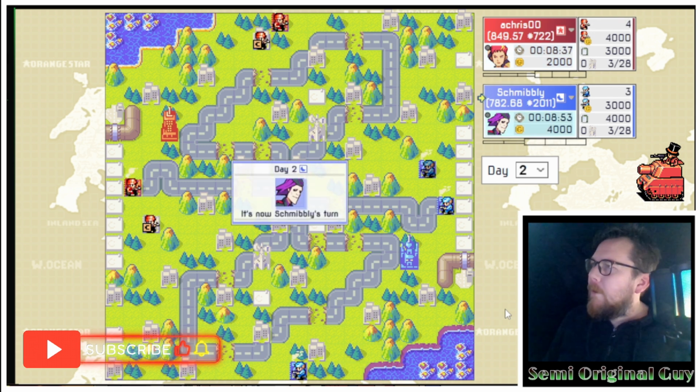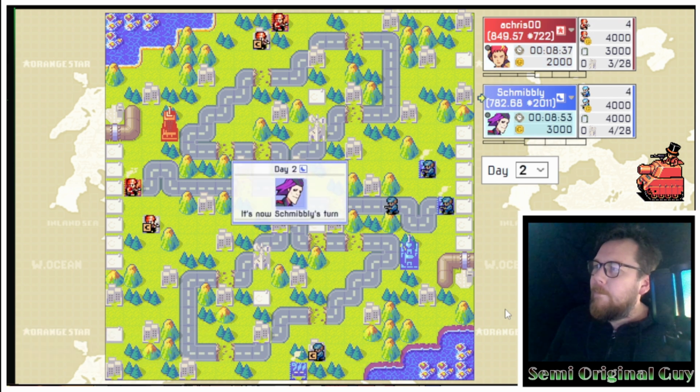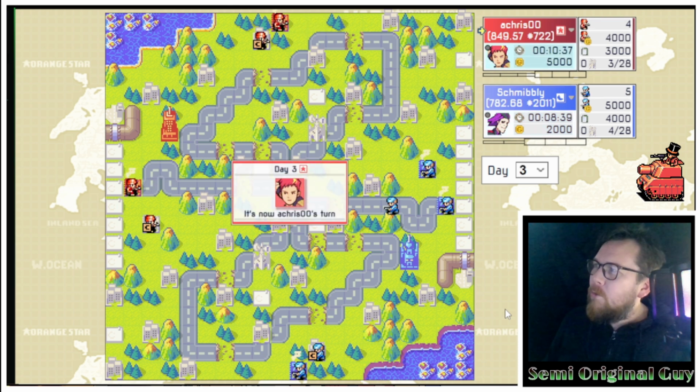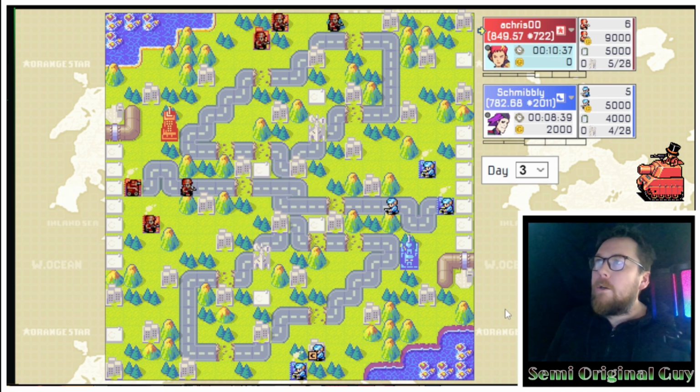Now, going for the neutral base, number 1 priority. Number 2 priority. Number 3 priority. Go for that base, folks. That's what you need. 1, 2, 3 combo. Opening recon. Okay, so